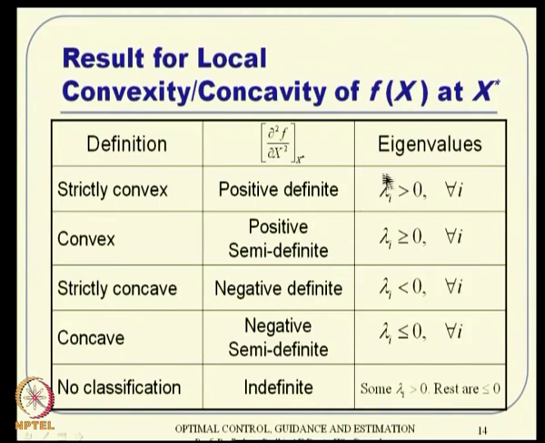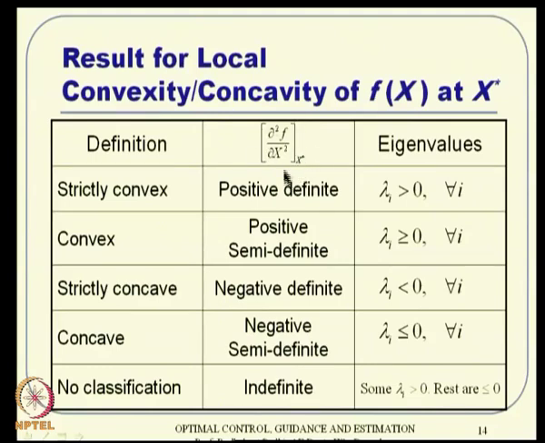So, on top of that, if all happen to be positive numbers, then it is a positive definite matrix, and it is strictly convex function actually. And then positive semi definite, negative definite, negative semi definite, indefinite and all that can be inferred from there just by analyzing the eigenvalues of this matrix, okay, because it is a number after all.